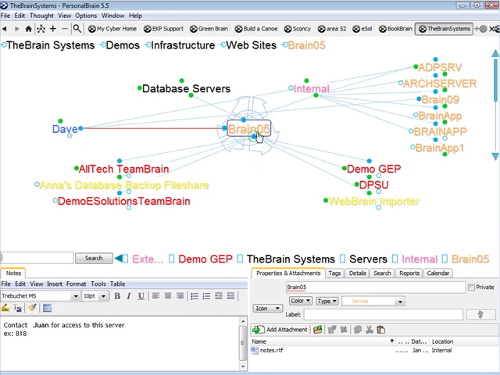So if I do a change to Brain 05, you can see down here in the notes section, I've got contact Juan for access to this server. I don't have the password. I don't have the rack number. Typically, I keep all that information down here in my notes field. But there's enough information on this server that it needs to be protected. It's IT access only. So if I make a change on this server, I need to either contact Juan, or